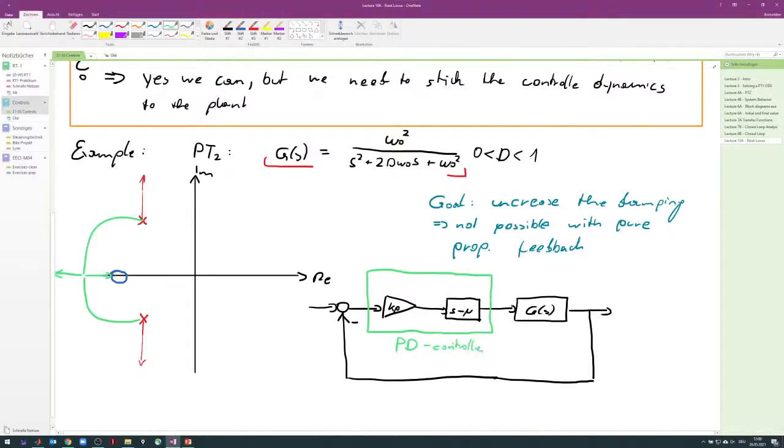This is what we designed, but we are free to choose this zero here. And the root locus curve, what we are drawing, is for this system, the so-called augmented system. So, if you draw the root locus curve for this guy, so the G of s and the